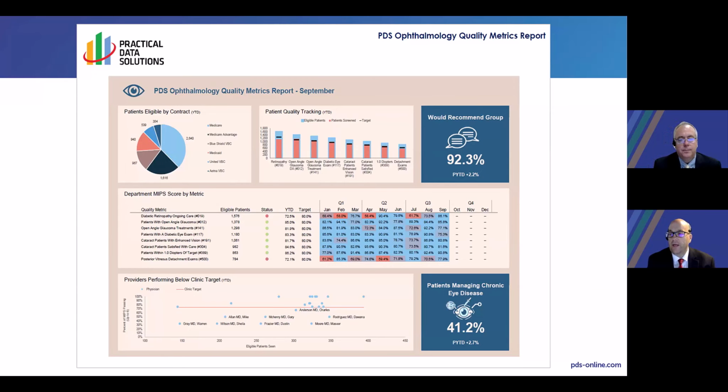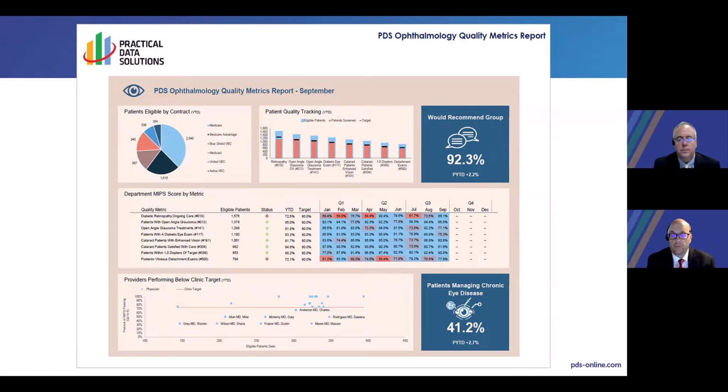not necessarily defined metrics that are out there to look at. So a good place to start is MIPS metrics. Those are places where you can determine how well you're performing in certain areas, like providing ongoing care for diabetic retinopathy or open angle glaucoma treatments, things like that. Looking at these defined metrics that have come through CMS, through Medicare, or looking at even payer defined specific metrics,